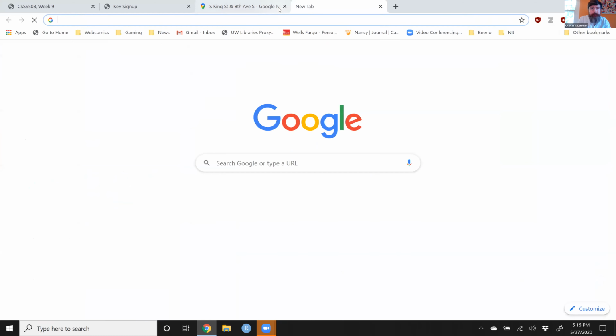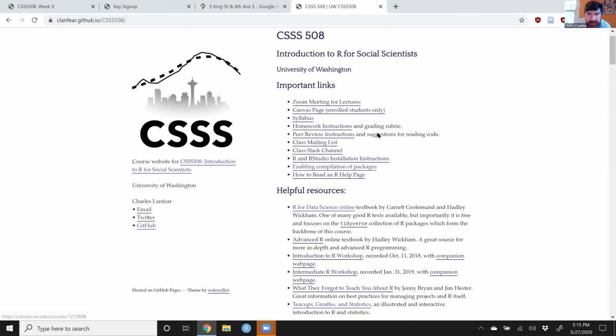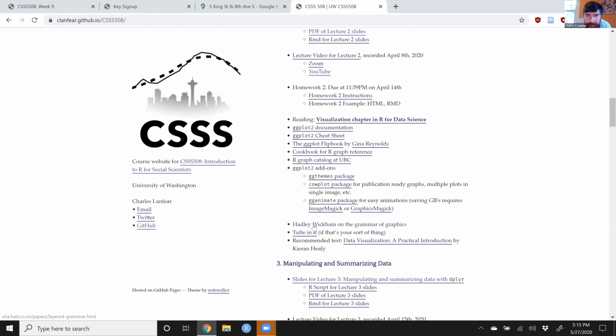Let me see. In the ggplot one, I thought I had one linked. I must have removed it. I used to have a